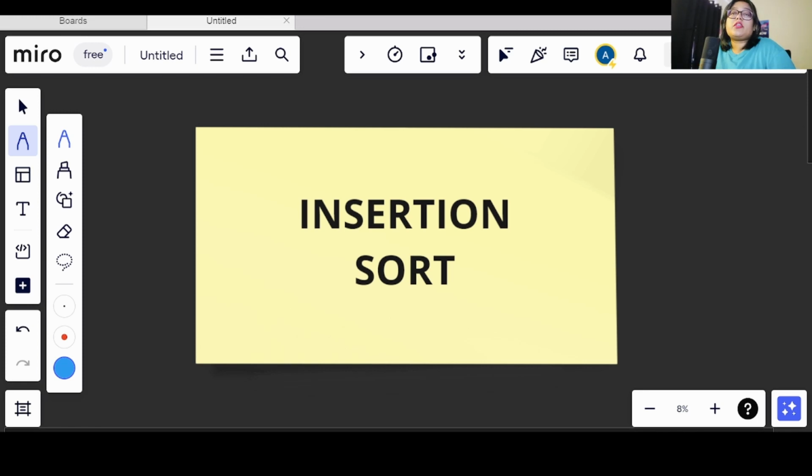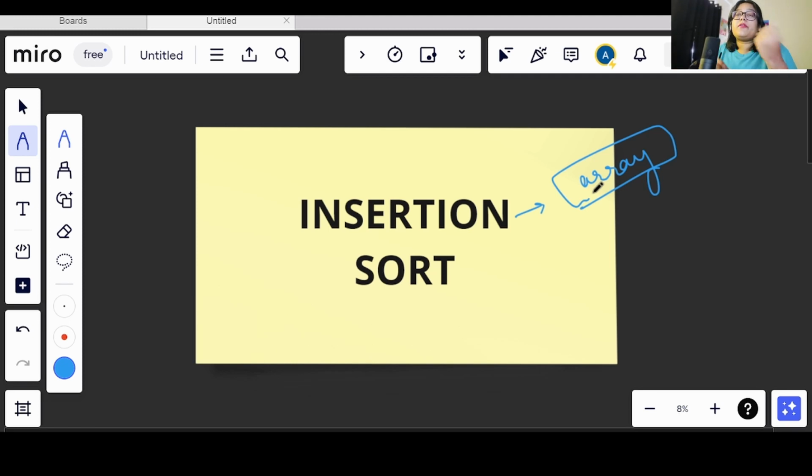Today we are going to see a new topic in our DSA playlist, and the topic name is insertion sort. The name suggests that we will be inserting a value, or performing an insertion operation, on the data structure which is getting sorted, right? Here we will be sorting an array, and in this array we will be inserting values such that the array gets sorted.